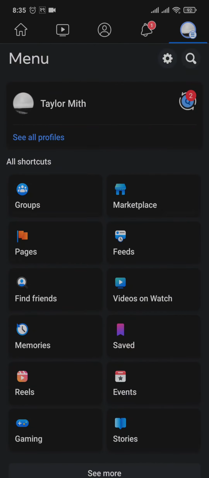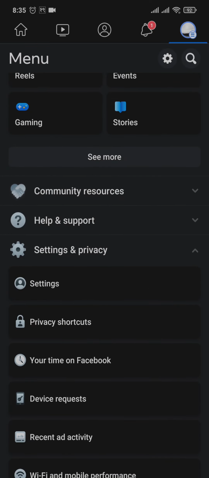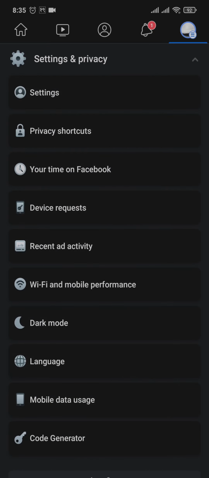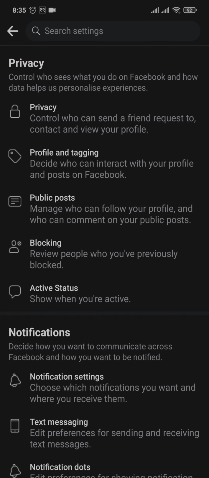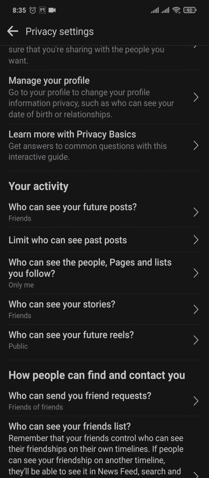Again, come back to this menu and tap on settings and privacy. And again tap on settings. From the settings menu, tap on profile settings. And under privacy, tap on the privacy option. Now through this section, you can manage a couple of settings that will pretty much be the same as locking